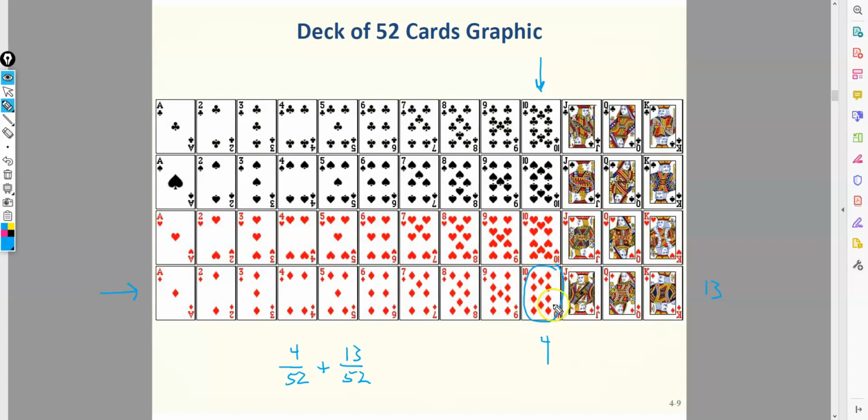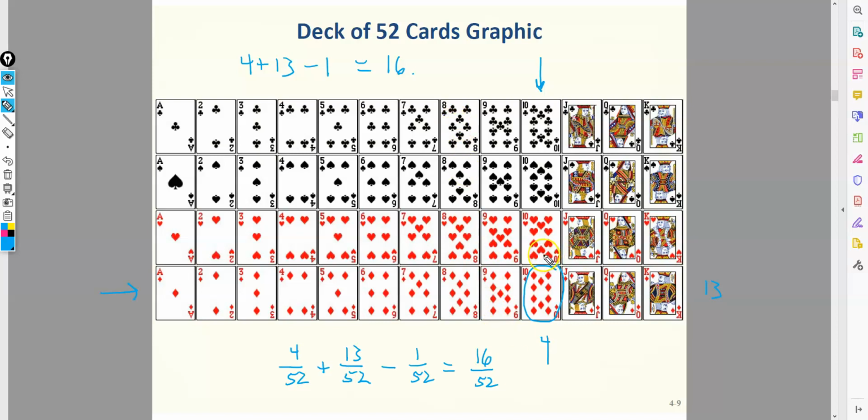So you see you actually have to subtract it off. So you have to subtract off 1 over 52, and that gives you your probability of 16 over 52. Or you can also think, well, how many 10s and diamonds do I have in the deck of cards? I have 4 10s, 13 diamonds. But when you add these together, you've repeated this twice, so you have to subtract it off, and you get 16 total cards that satisfy the criteria of being a 10 or a diamond,